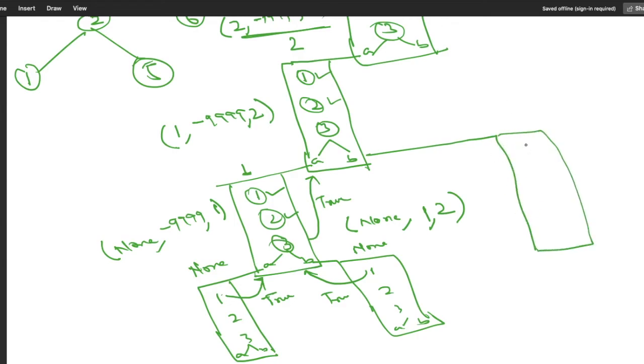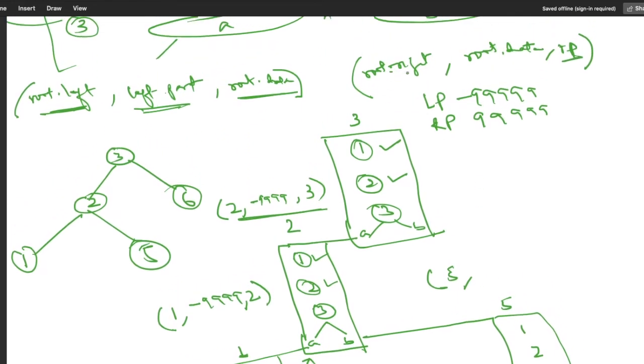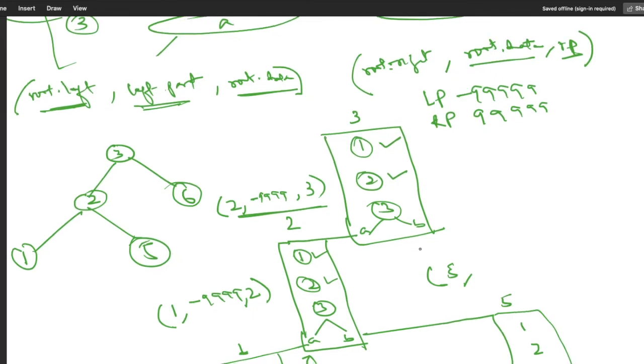Again in B part, it is calling the same function. We have 3 things, 1, 2, and 3, and for 3 we have 2 things, A and B, correct? Here it will pass the right side. The right side value for this node 2 is 5, correct? The value will be 5. Right side value is root dot right, so root dot right for this node is 5. Left part is root dot data. For this node root dot data is 2, and the right part is the same value, which is 3.